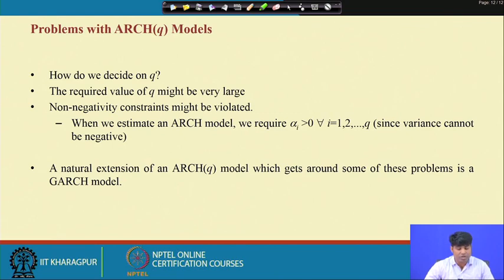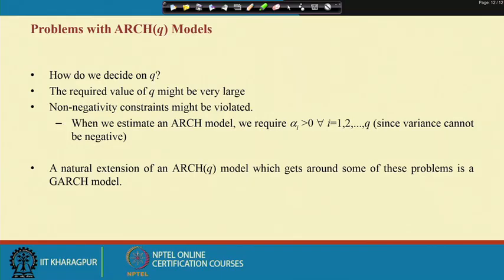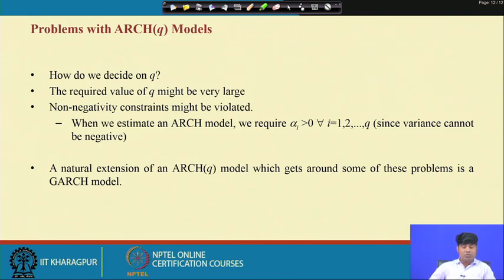If it is too large, then it may affect the process, it may affect the degrees of freedom, and then the whole process will be negatively affected. So, that is why the first requirement is how to fix the q, and for that I have already discussed and highlighted that we usually use the AIC statistic, SIC statistic, FPE statistic to decide the optimum lag length, and then finally